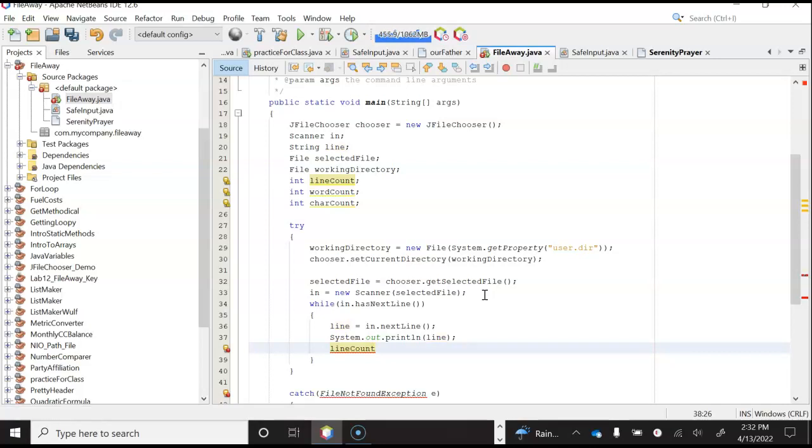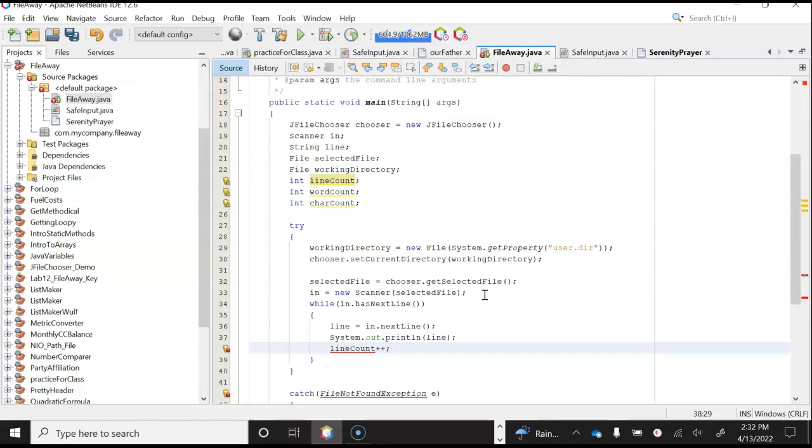The line count is going to keep going up by 1 every time we go through the loop. What do you think? Plus, perfect. Thank you, Julia. She told us it's line plus plus, line count plus plus. Perfect. That's great. There's a problem though, and I did this on purpose because sometimes it's like, when do you